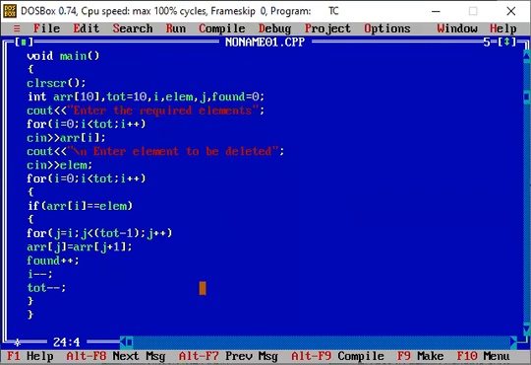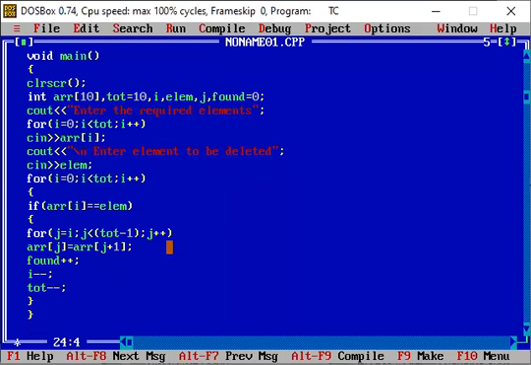So this is the case where you can see why we have used this particular j loop, just to change the position of the elements. Why so? Because when we are deleting some particular element, its size gets decremented by 1. So we want to change the locations of all the remaining elements to the newly formed array list after the deletion of that particular current element. Fine. Okay, so this was all about the deletion part.